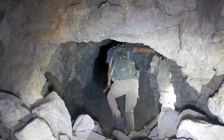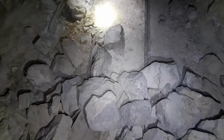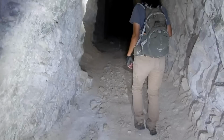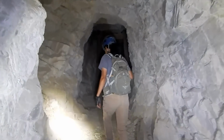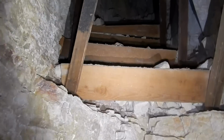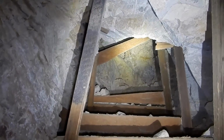Look open ahead of you? Yeah. Okay, I'll be right in. Okay, I got past the rock pile. Looks like there was track going through here. Oh, that's interesting. Look at the 3 platforms. Yeah. They must have worked the vein up there. I don't see it, but